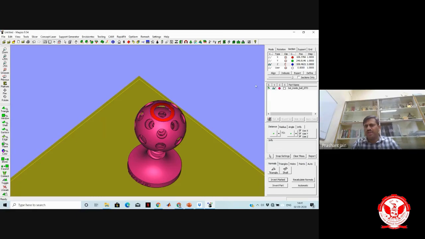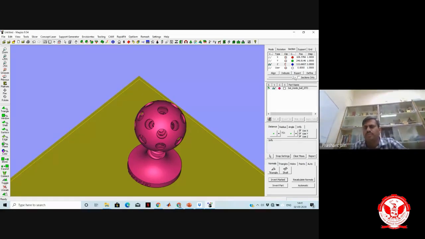So this much portion will be solidified. So this is the way we do additive manufacturing, right?